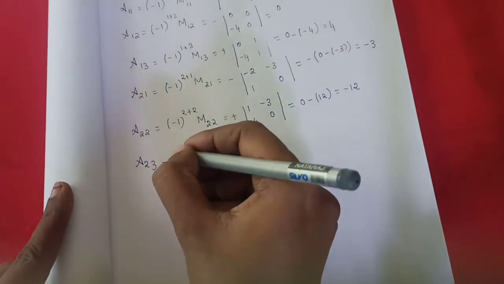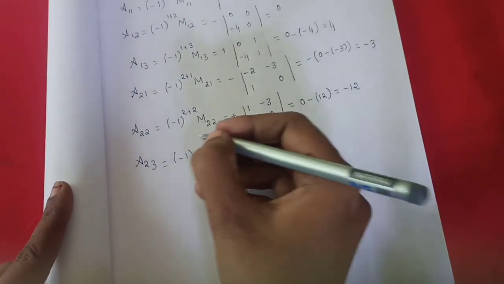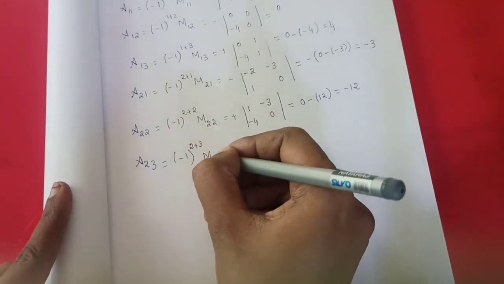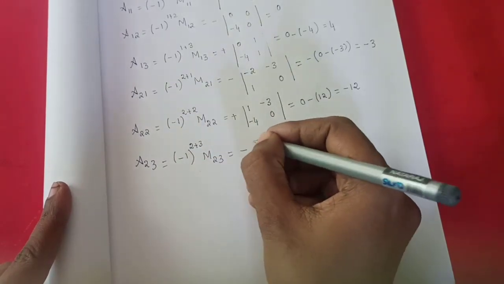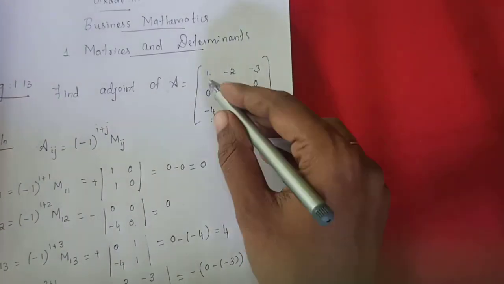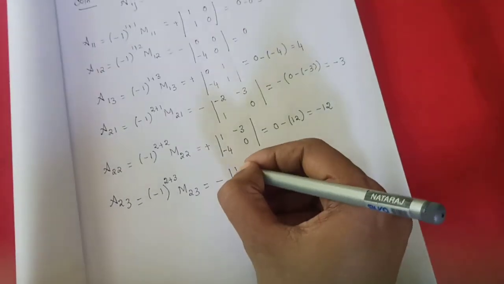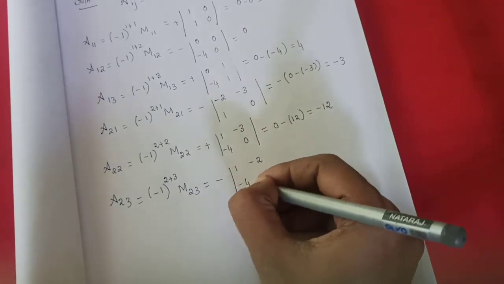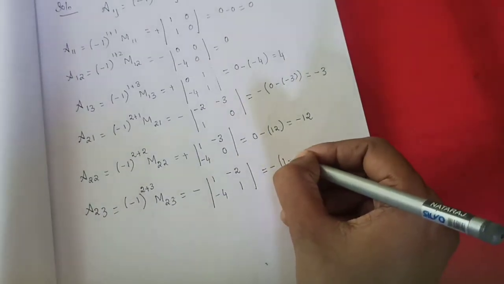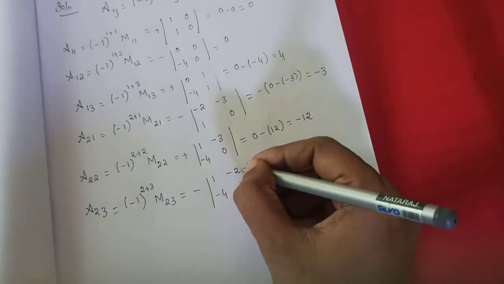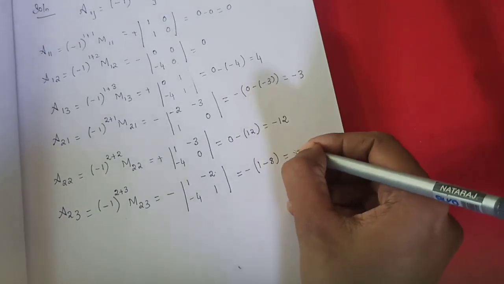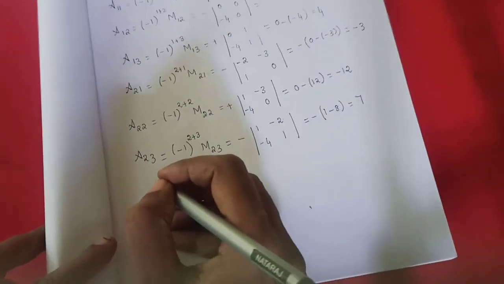A23. That's equal to minus 1 to the power 2 plus 3, M23. That's equal to, the symbol is minus. Find for the 0. So this one and this one it will go. 1, minus 2, minus 4, 1. That's equal to minus of 1 minus 2 into 4. The symbol is 8, so plus 8. So 1 minus 8 is minus 7. Minus into minus is plus 7. Okay. Then next,